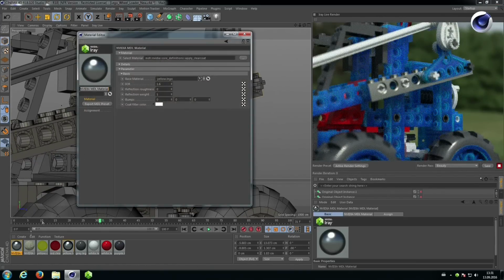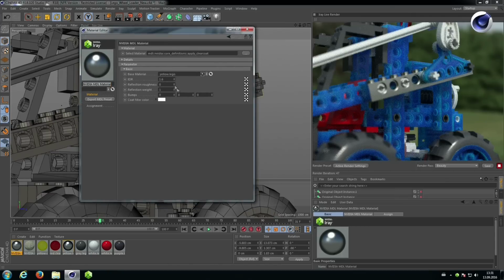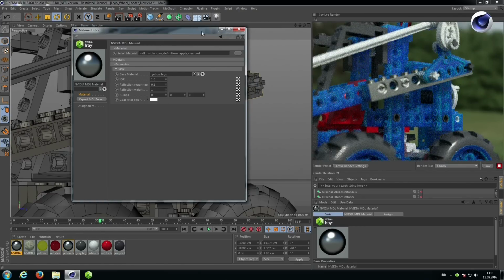So you can go into your coating. The coating itself has its own properties. You can even apply a bump. Reflection roughness is 0 already, that's quite nice, so you can make it a little rougher. That's just controlling the coating layer. The base material